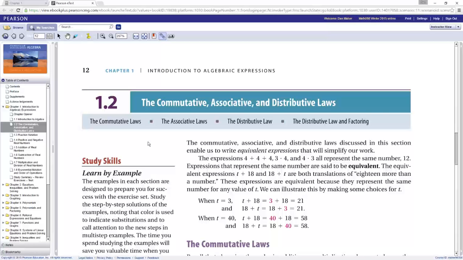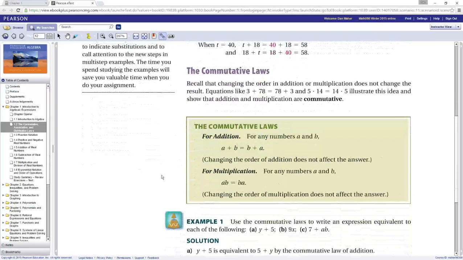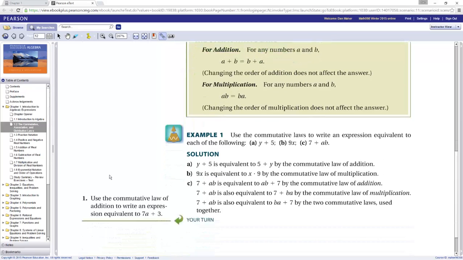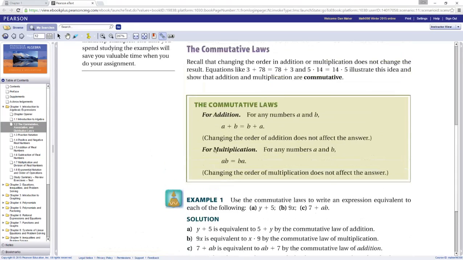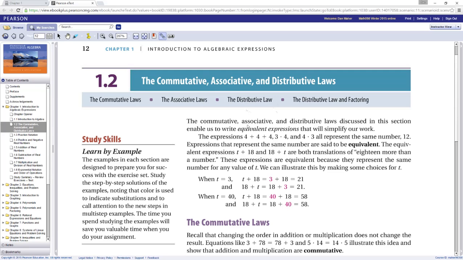They've been talking about changing the order is okay and all that kind of stuff. The associative property is you can group things differently and stuff like that. And it's going through these things. Definitely look at that. And probably the most important thing, and the one we use the most in algebra,